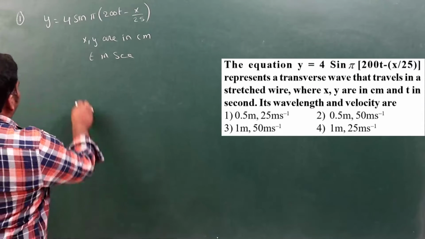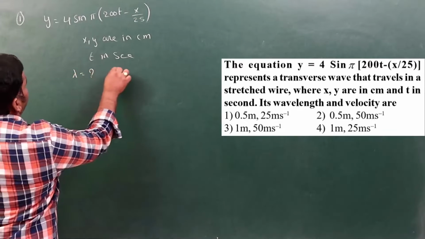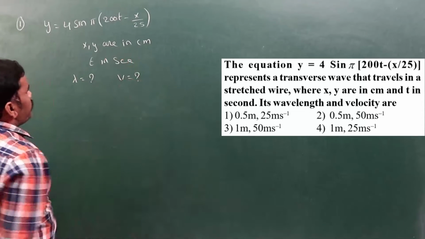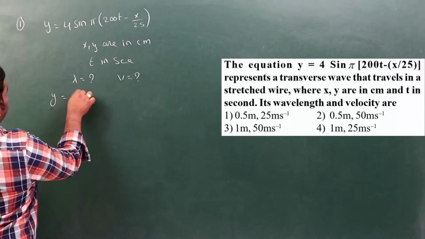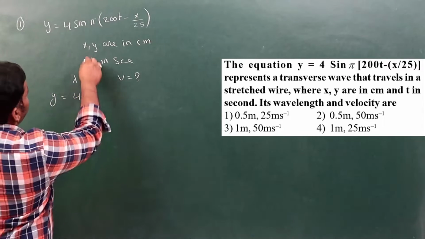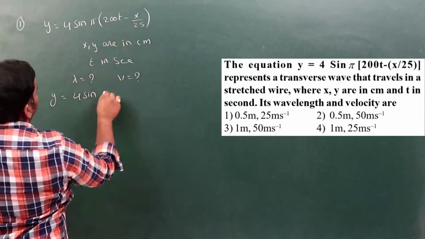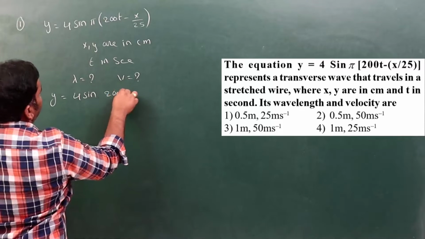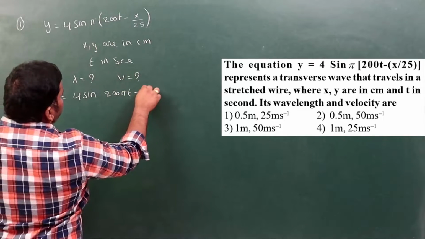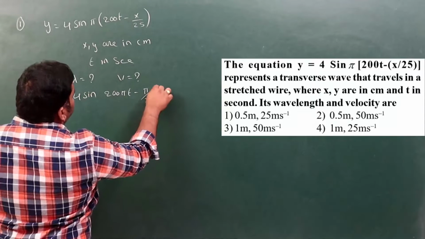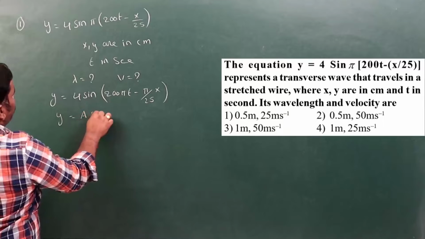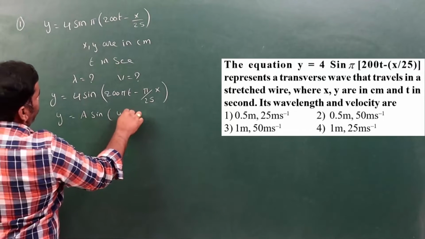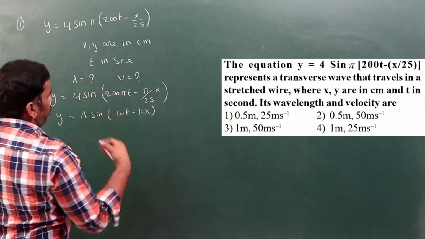So what is the wavelength? What is the velocity? You should find out. So here the given equation y is equal to 4 sin, with pi taken inside the bracket, that is equal to 200 pi t minus pi by 25 x. So comparing this equation with y is equal to a sin (omega t minus kx),